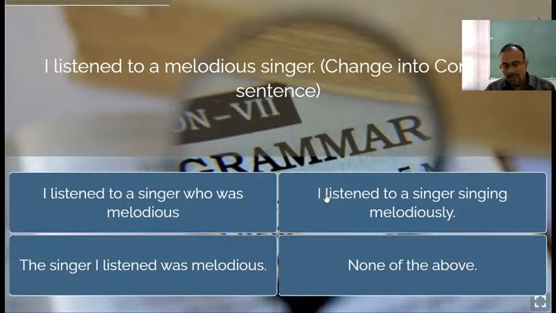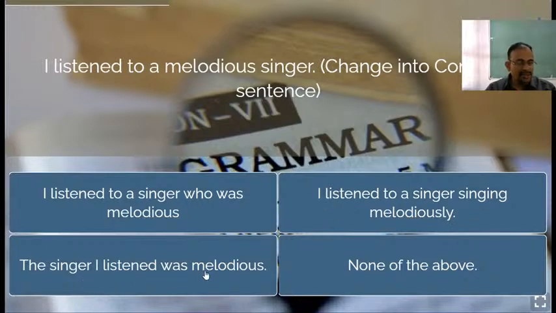Now here you see second. Let us now switch on to the second one. I listen to a singer singing melodiously. In this sentence there is no connector like who, what, when, how. There is no connector. Okay, it's a single sentence. Therefore it is not an example of a complex sentence. Number one, there is no presence of two clauses here, principal and subordinate. And number two, this sentence is not having any connector like what, when, why, how, right? That is how it is not a complex sentence.